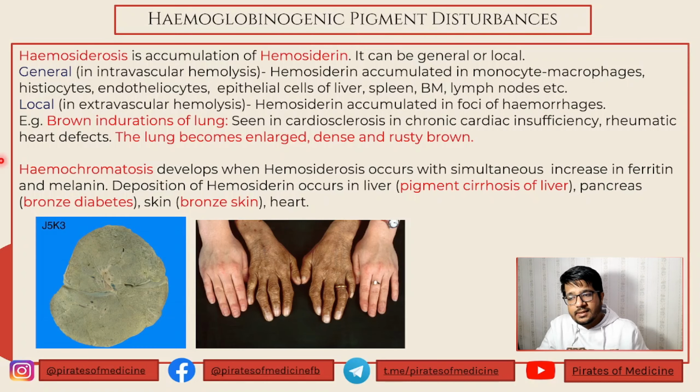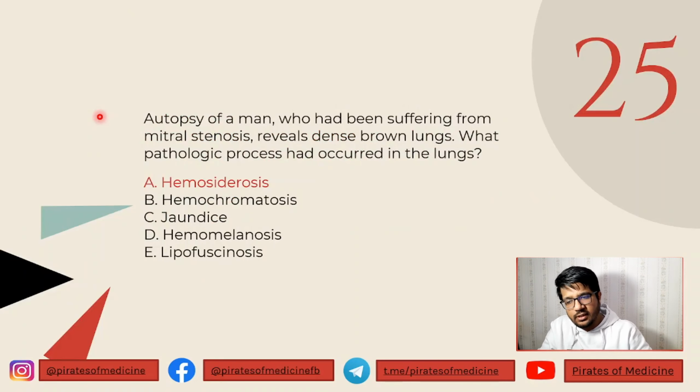Now, a classical example of hemosiderosis is brown induration of lung. So, brown induration of lungs is when the lung tissue gets accumulated with hemosiderin, which leads to dense enlargement of the pulmonary tissue, and a classical rusty brown color is seen. And as you can see, this is supposed to be pale pink. Now this is brownish in color. This is the cross section of the pulmonary tissue or the lung, and therefore this is hemosiderosis or the brown induration of lung, which is in accordance with the question over here.